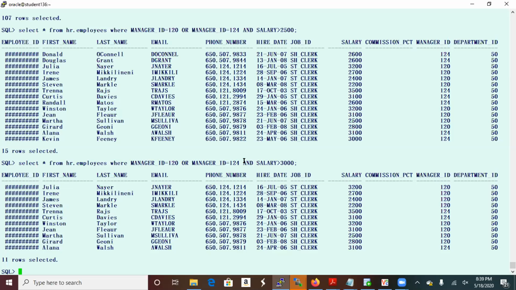Because here they said AND comes before OR. I think that's why the manager ID 124 was privileged over salary greater than 3,000. You cannot borrow there. No, it's because these two are directly together. You feel like it's priority, but you didn't put the parentheses to apply the AND to both. You're only applying the AND to 124,